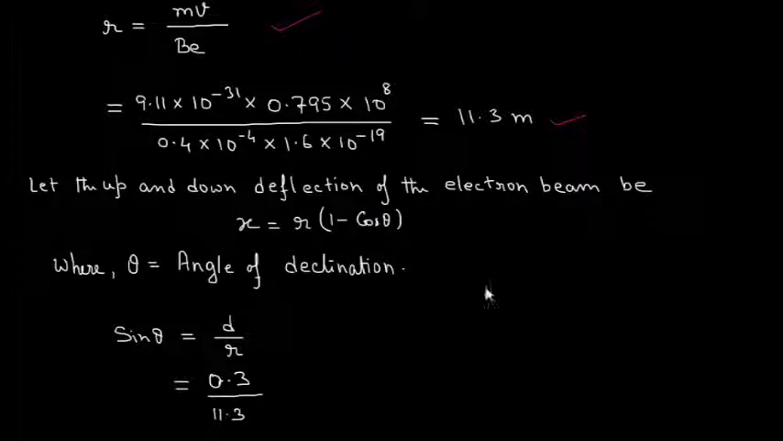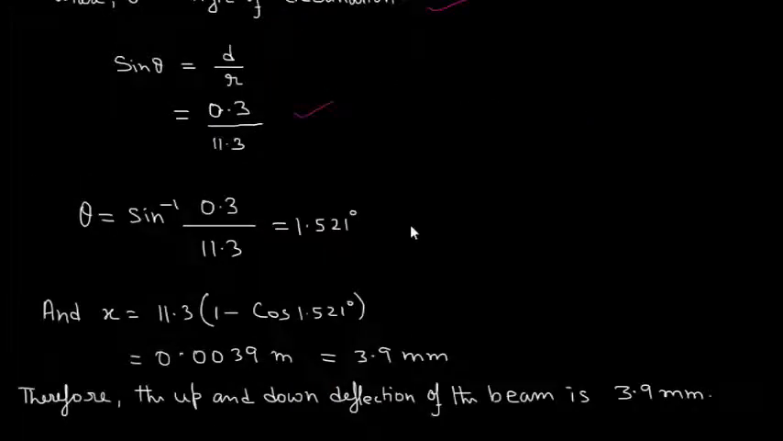multiplied by 1 minus cos theta, where theta is the angle of declination. Sin theta is equal to d by r. Putting the values of d and r, we get 0.3 upon 11.3. So theta is equal to sin inverse 0.3 upon 11.3. Upon solving, we get theta is equal to 1.521 degrees and x is equal to 11.3 bracket 1 minus cos